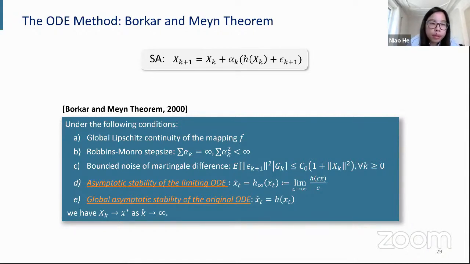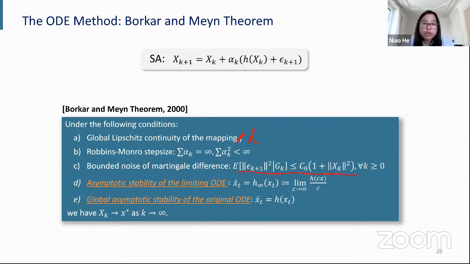There was a typo here which I did not correct, so this should actually be H. If your operator H, or this mapping H, is globally Lipschitz continuous, and if your step size is this Robbins-Monro step size that is square summable but non-summable, say, for instance, you can choose alpha k to be of order 1/k, right? And if your noise epsilon is bounded and satisfies the condition listed here in part C,